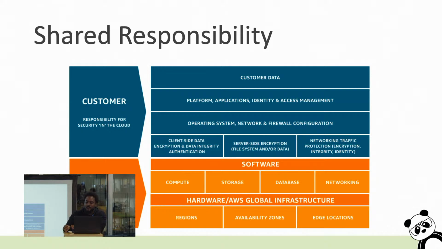Customers' responsibility for security in the cloud depends on the specific AWS services they use. This determines how much setup and management work the customer needs to do to keep things secure. For example, if a customer chooses a service like Amazon Elastic Compute, EC2, which is in the infrastructure service category, they have to handle all the security setup and management. This means they need to take care of the operating system on the virtual machines, install updates and security patches, manage any software they put on those machines, and set up the security firewall provided by AWS called Security Group